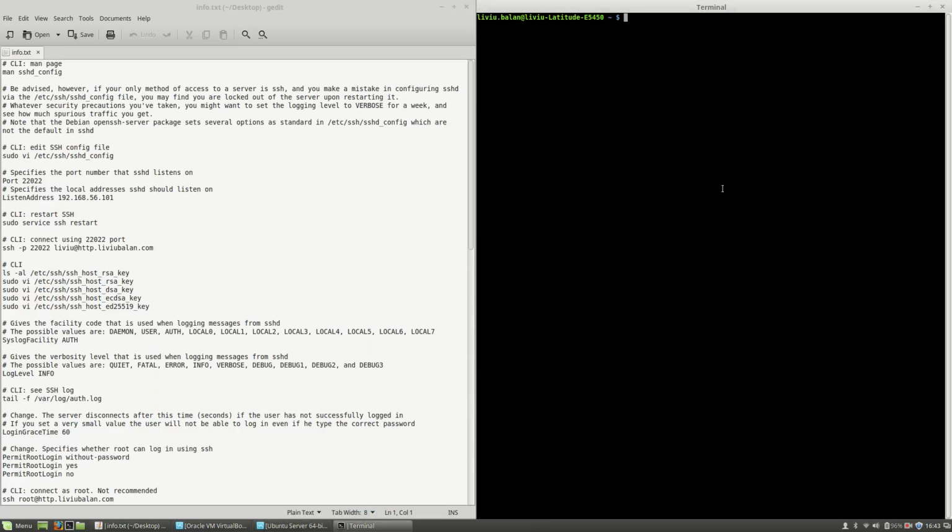Okay, so I will connect to my VirtualBox machine using SSH, space, the username that is on my VirtualBox, Liviu at